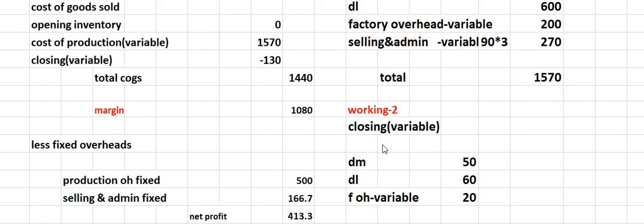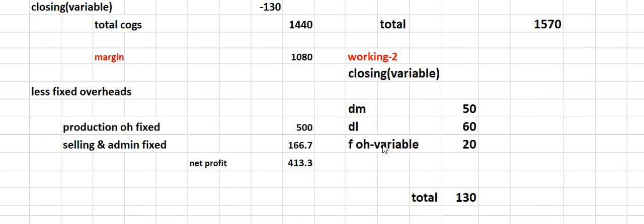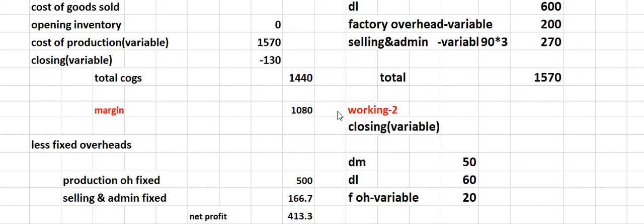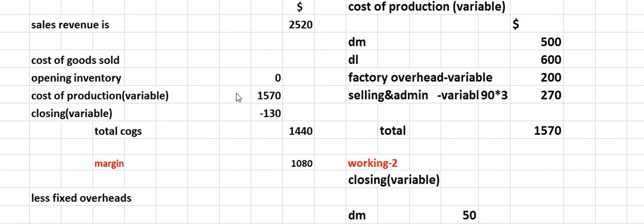And factory overheads variable portion is 10 into $2 per unit, so total $20. And the total closing variables value is 130. So we deduct it from the cost of production variable portion and get the total cost of goods sold of 1440. Then we deduct total cost of goods sold from sales revenue to get the contribution